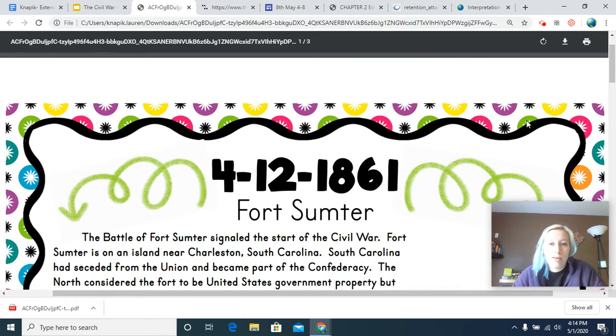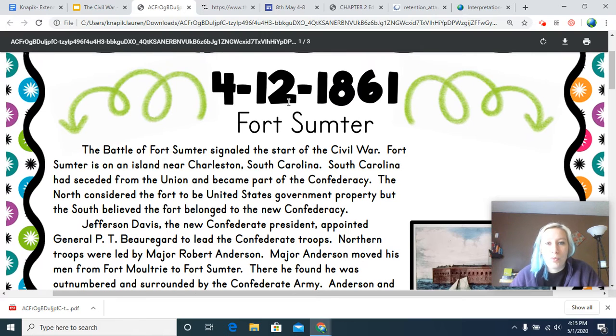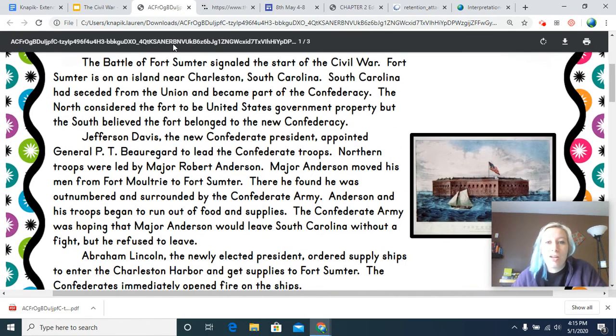So Fort Sumter happened on April 12th of 1861. The Battle of Fort Sumter signaled the start of the Civil War. Fort Sumter is on an island near Charleston, South Carolina. South Carolina had seceded from the Union and became part of the Confederacy. So they believed in slavery, they believed in slave rights, and they hated that Lincoln was elected. The North considered the fort to be United States government property, but the South believed that the fort belonged